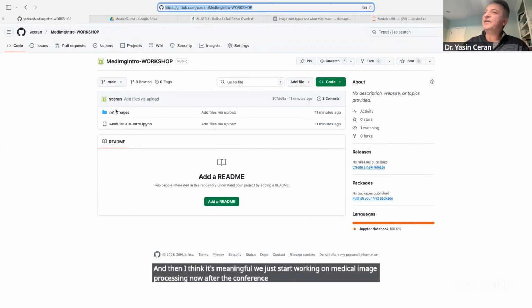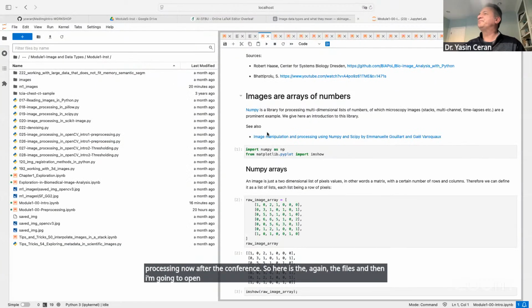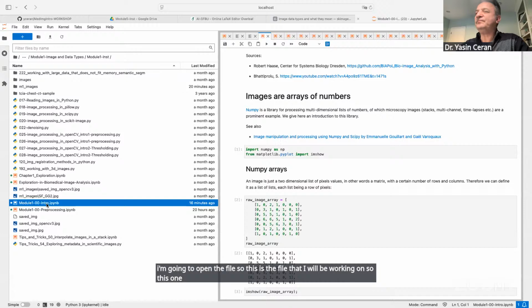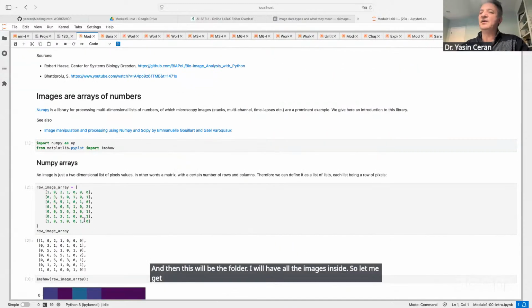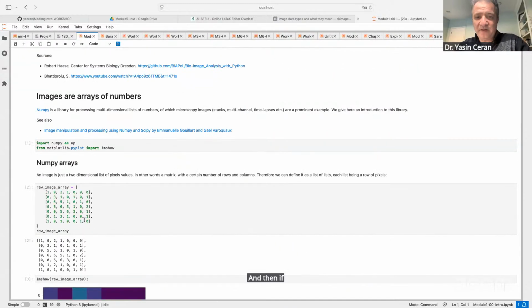So here again are the files, and I'm going to open the file. This is the file that I will be working on. And this will be the folder where I have all the images inside. Let me get rid of this one. And if you guys are ready,